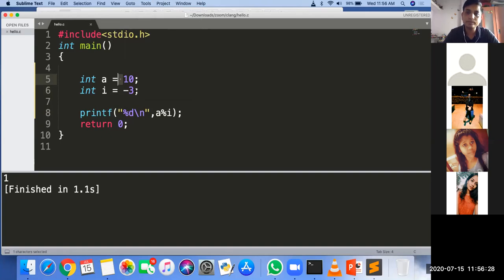Got it? So if this type of question comes, you should remember this. Always see what the sign of the numerator is. If the sign of the numerator is negative, your answer is negative. If the sign of the numerator is positive, whatever the denominator is, the answer is always positive. Sir, this is only for modulus. Yes, it is only for modulus.